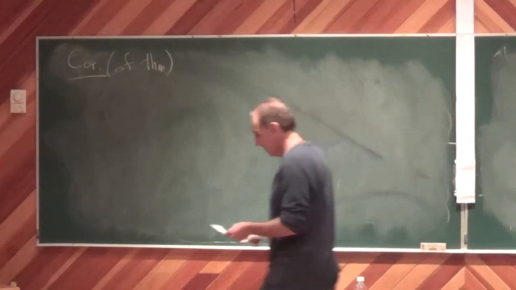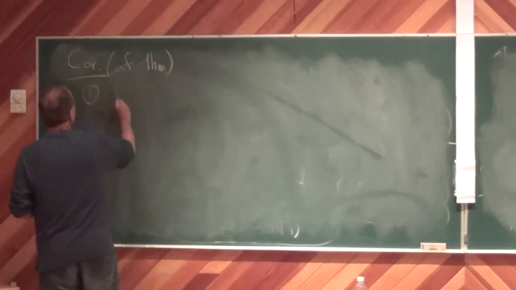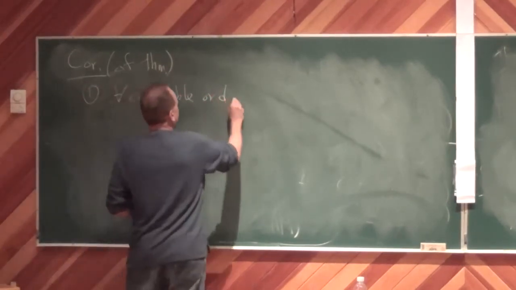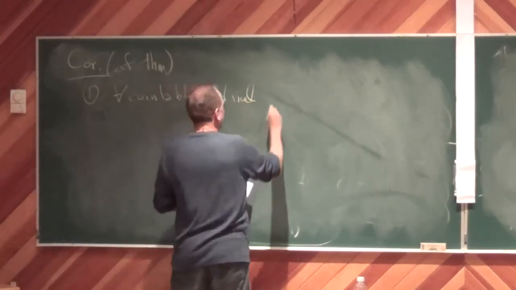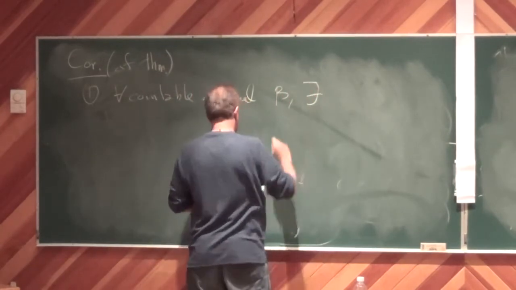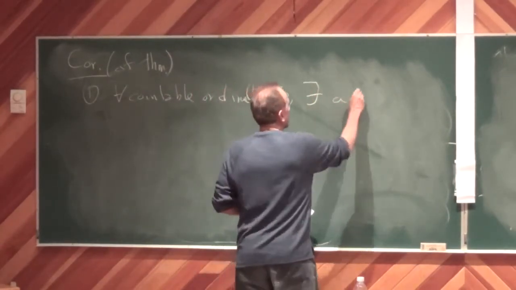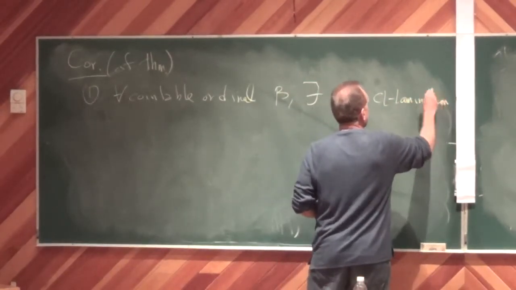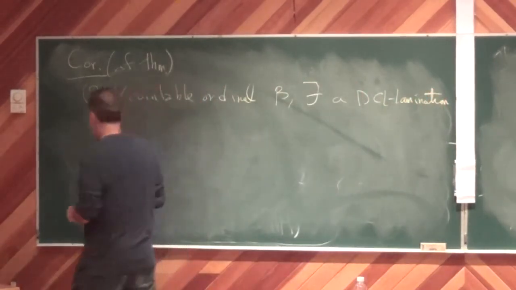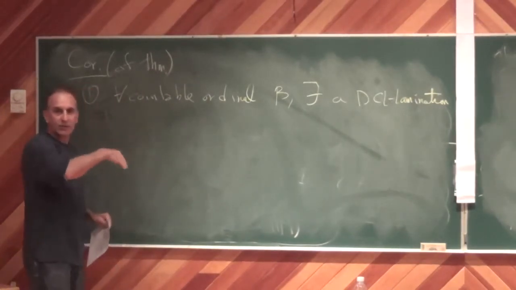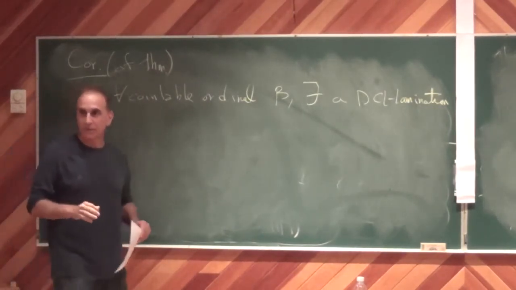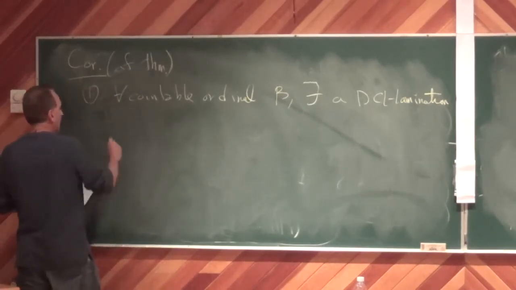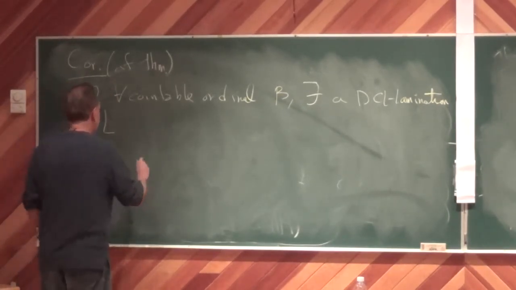So one, for every countable ordinal beta, there exists a DCL lamination. Implicit in all this is that these laminations are all on infinite type surfaces. There exists a DCL lamination L, whose leaf space,